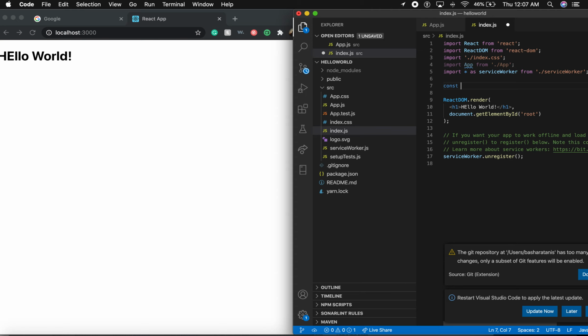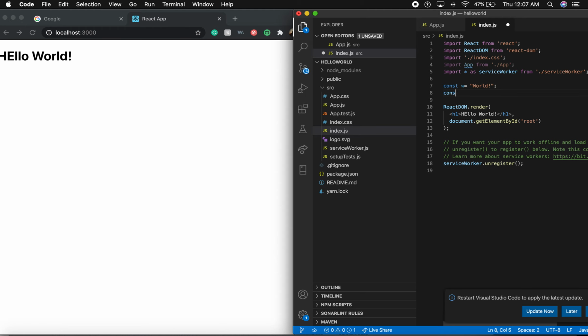Constant W is equal to world, semicolon, and then constant element is equal to, I'm going to use an h1 tag and hello,